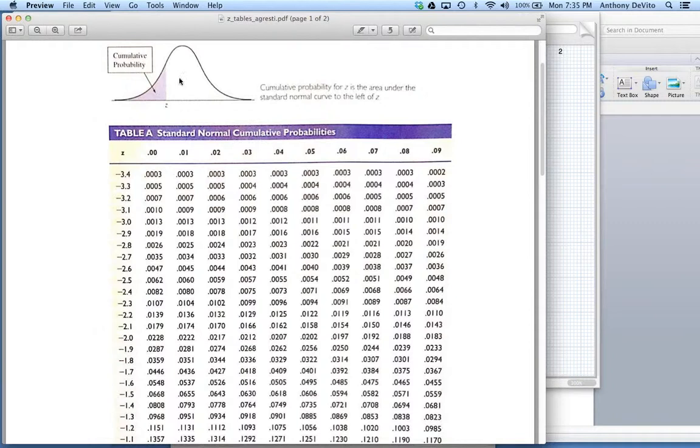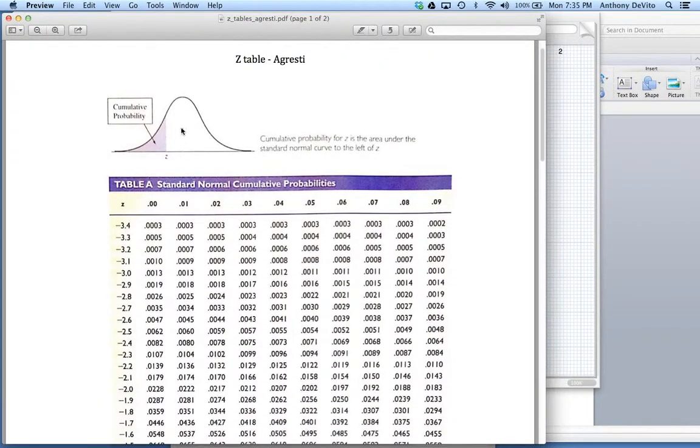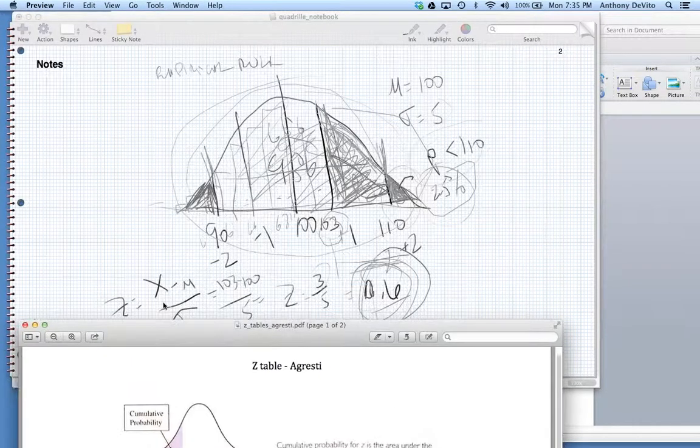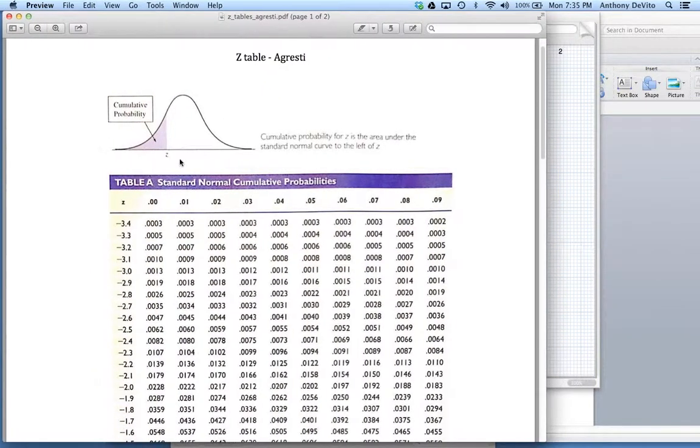And this number represents the area, or the percentage, of the distribution that's below that z-score. This is all negative z-scores on this particular page, because it represents everything from the mean to the left. The mean has a z-score of 0, right? In other words, 0 minus 0 over sigma is going to be 0. So the z-score of the mean itself is 0.